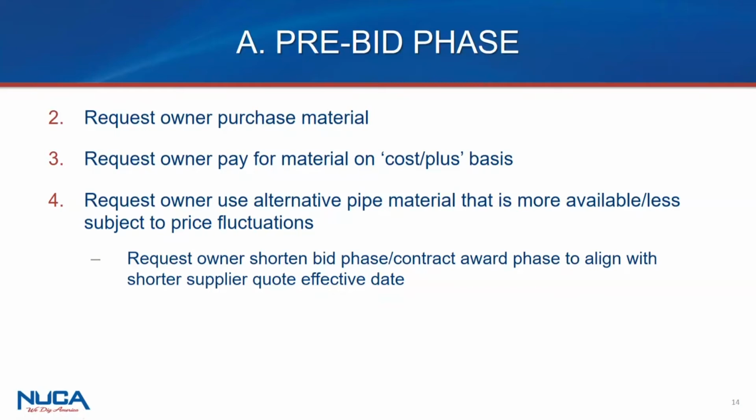Another means to do it is to request that that portion of the work be done on a cost plus basis. So just have that item by way of special supplemental condition priced differently than it otherwise would be done if it's a unit price job. And certainly another one is if there's other materials that could be used for it. So let's say the problem is the shortage is related to PVC as opposed to potentially ductile iron.